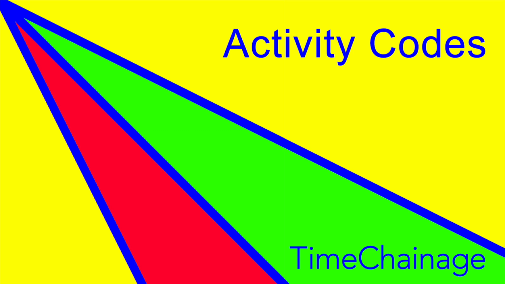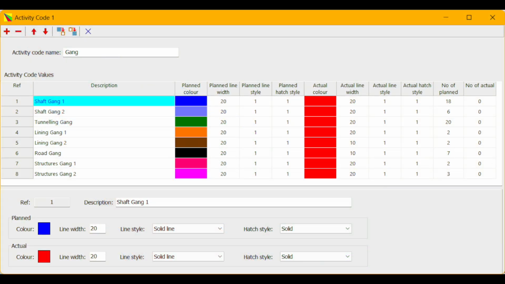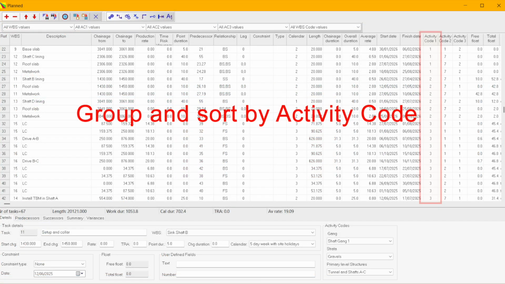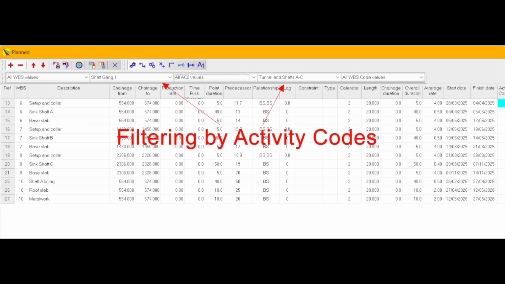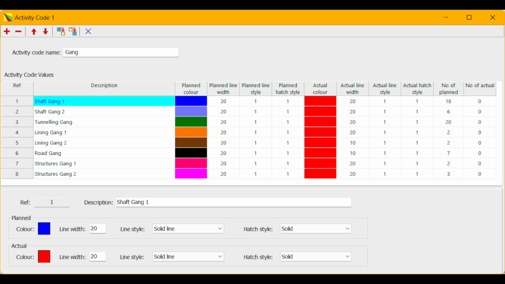In this TimeChainage tutorial, we will look at activity codes, what they are and how to use them. Activity codes are extremely useful when developing a schedule. Like the WBS, they allow you to group, sort and filter by the structure you have in the code. And again, like the WBS, you can format the TimeChainage chart activity lines with specific colors, widths and styles for